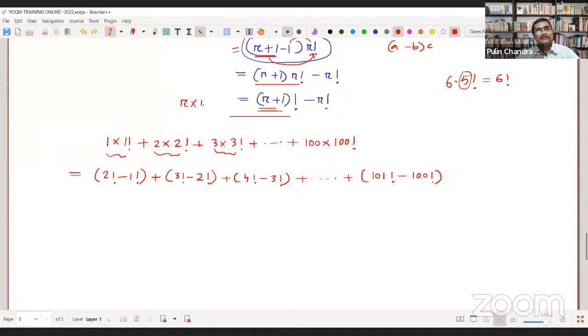I have just converted this kind of expression in terms of difference of 2 factorials. 1 मिनट का टाइम लो और देखो समझ में आया या नहीं आया।